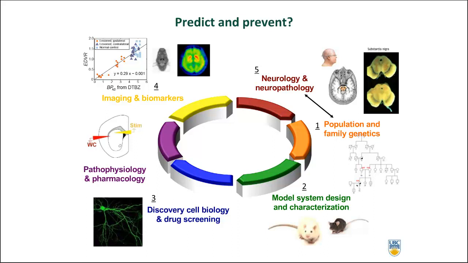So I mainly work in this area here, where I work on population and family genetics. So I'm trying to identify causes of the disease. I try to use that information to inform neurologists, clinicians, how that can actually be used to stratify patients, how we can use it as a diagnostic tool, but also as a prognostic tool. Because as most of you are aware, Parkinson's disease doesn't look the same from one person to another, but there are ways for us to predict how that's going to progress,